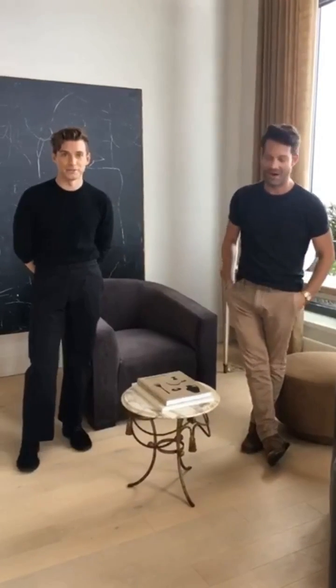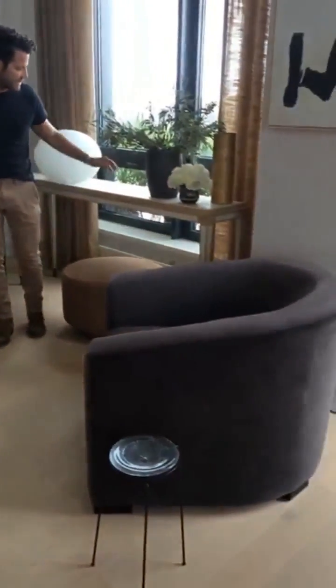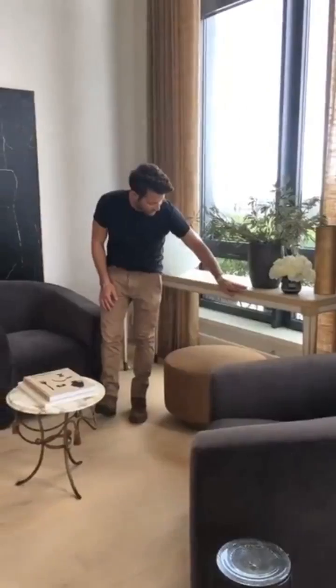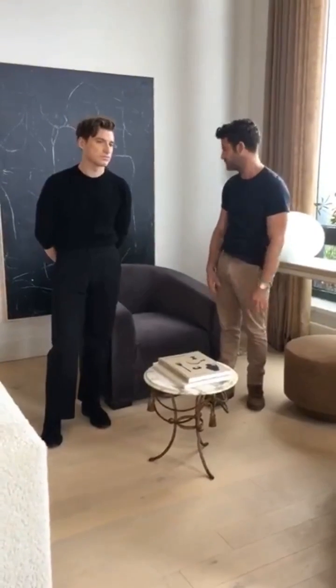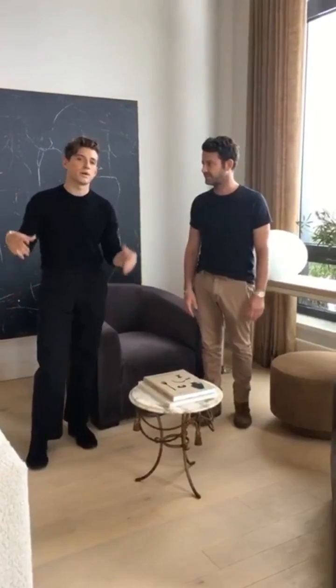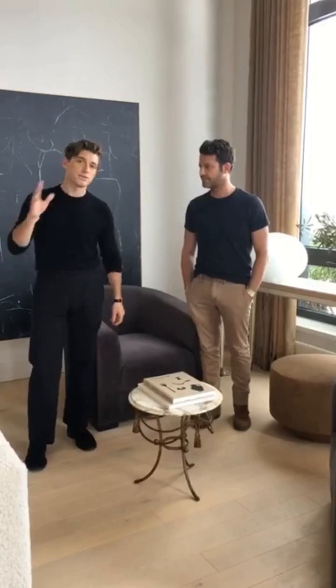So these tub chairs are part of our collection. So is this ottoman, this beautiful parchment and oak console we borrowed from Ferrer here in New York City. And then we found all the pottery and the side tables and the vintage things here locally in New York. But I love this area. It's really cozy. This whole space is really about that juxtaposition of high and low. The idea that you can introduce these expensive pieces, but then